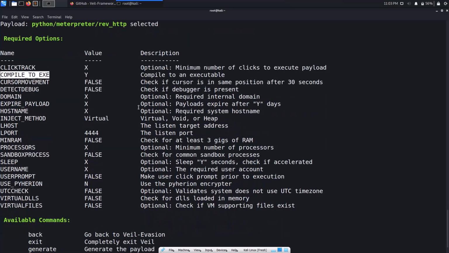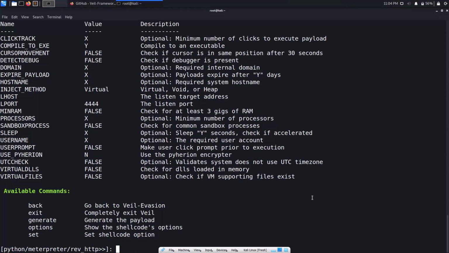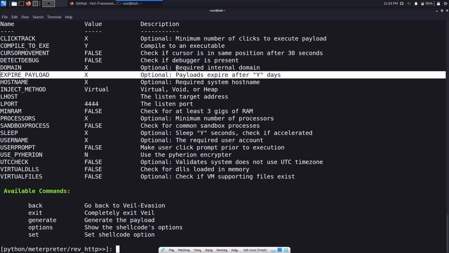The reason why the Veil-Evasion framework tools or exploits are mostly unpredictable is if you change these values. I can't say you will always find a good result, but sometimes you'll definitely find it if you change the processors, or some stuff like the domain. If you make your payload a little bit more trustable, then you can definitely see that your payload works fine. You can see the host name and some other stuff, and you can set them, guys.